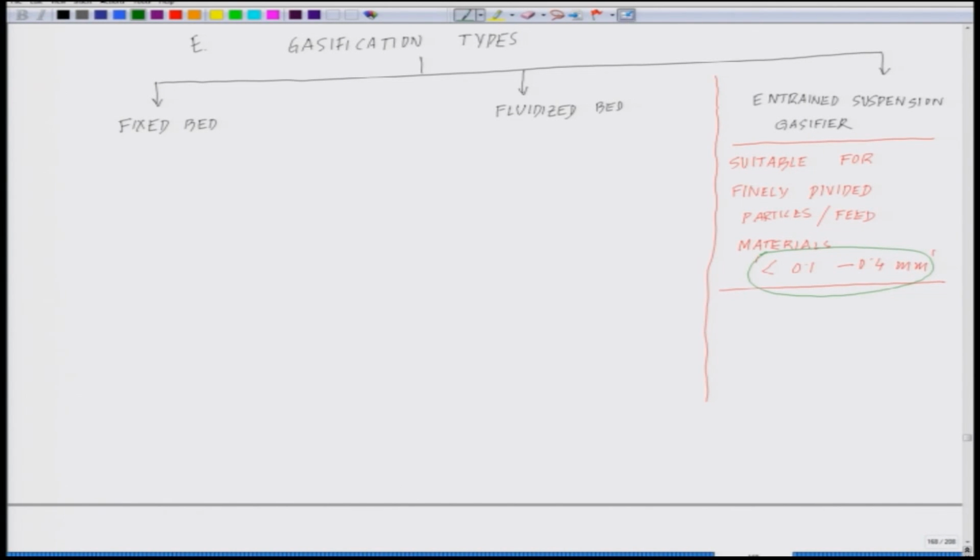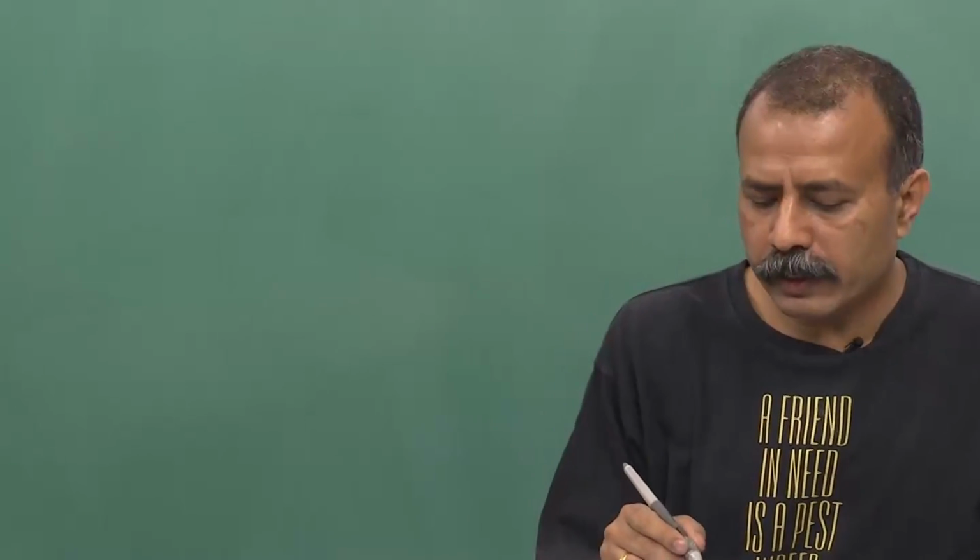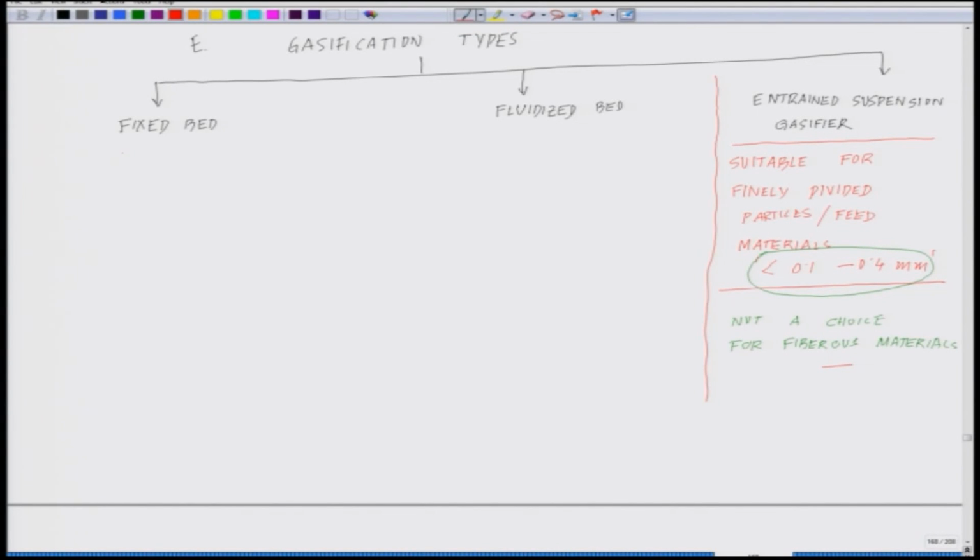So, that is why this is not a choice for fibrous materials. But this is just for your general knowledge. If you have a situation of very fine particles to be gasified, you should go for entrained suspension gasifier. Now, what we will be dealing in depth are these two, fixed bed